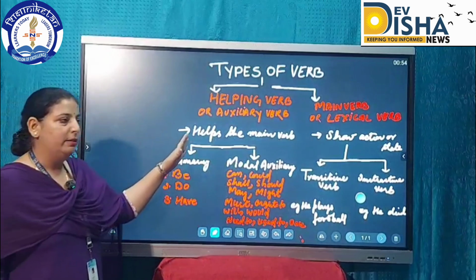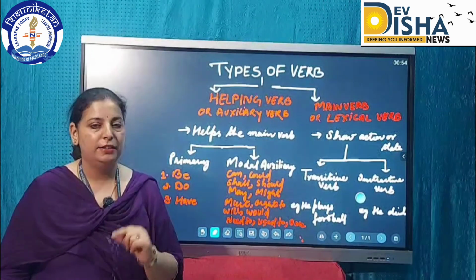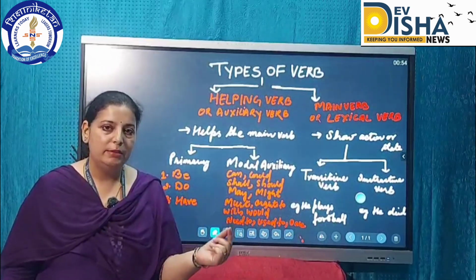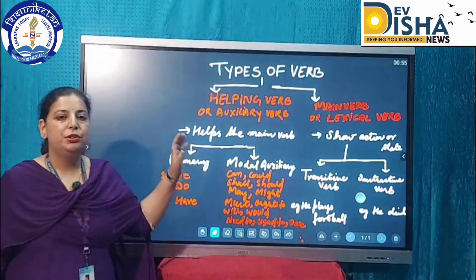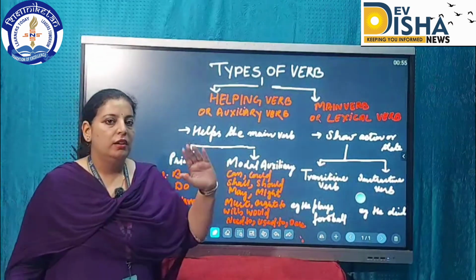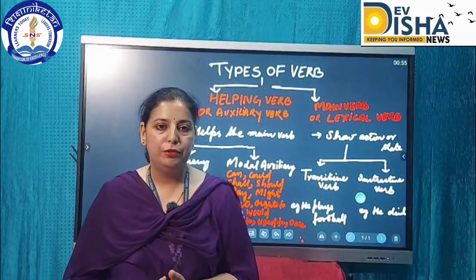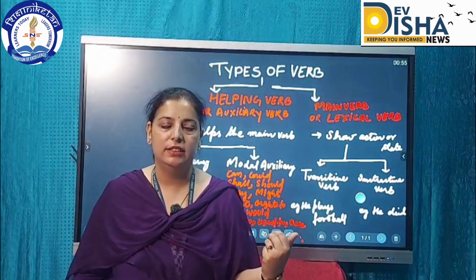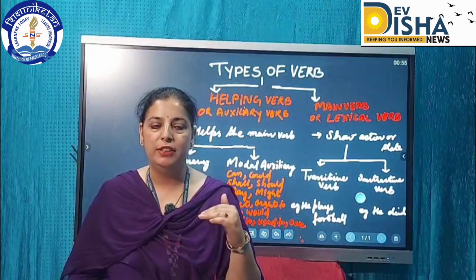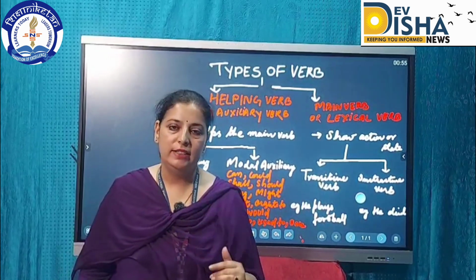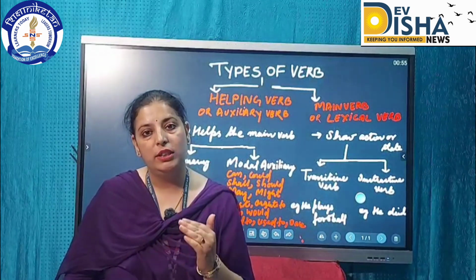So what is a helping verb? As I have already discussed, the name itself suggests that it helps. It helps the main verb to convey its meaning. Very first, it shows the tense of a subject. For example, I am writing a letter, I am playing football, I was sleeping last night. The tense of a sentence is determined by the helping verb. In the first sentence am is the helping verb and in the last was is the helping verb. These are the words that help us understand the tense.